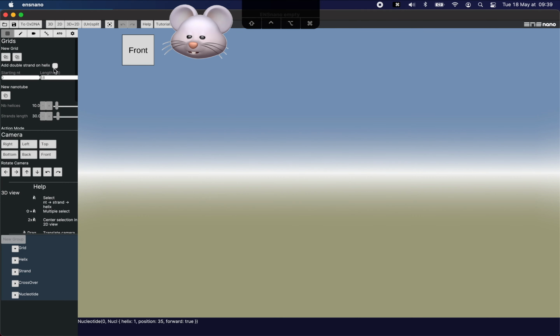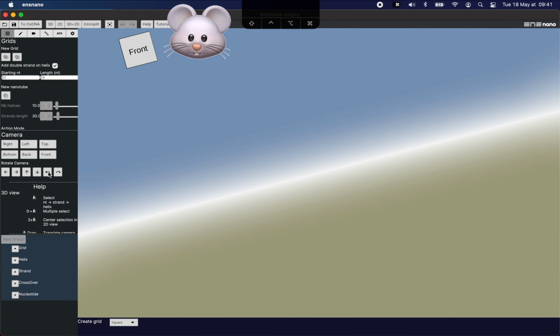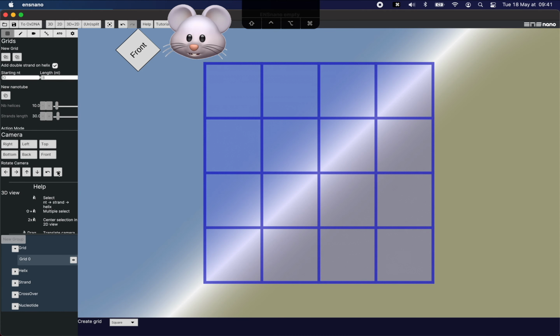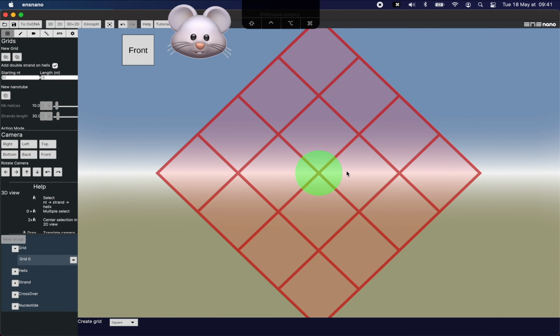We want each grid to be equipped with a double strand, and we want the double strand to start far from the grid so that the grid doesn't get in the way of the design. So for instance, we will start the design at position 80. And we will want the grid to have length 28. We want the grid to make an angle of 45 degrees. So we will tilt 3 times by 15 degrees. Then we will create the grid and then get back to the normal position.